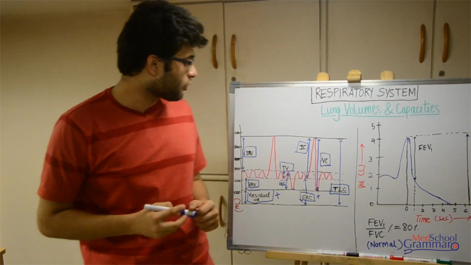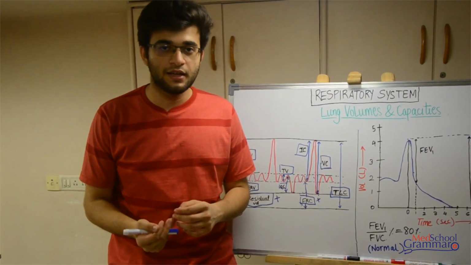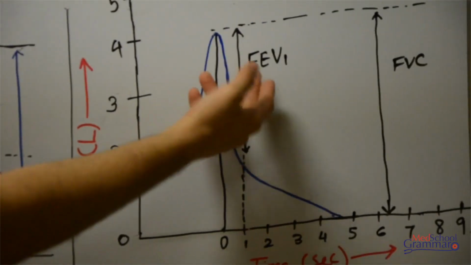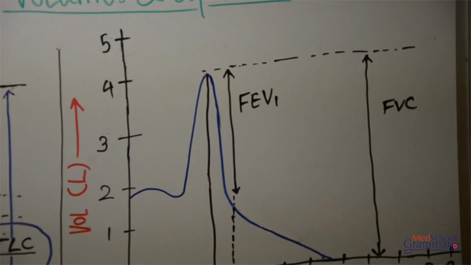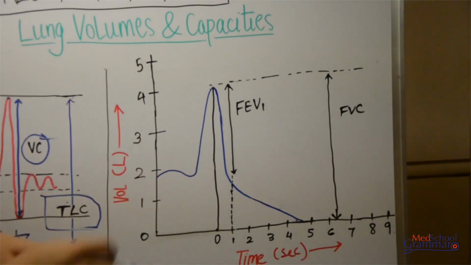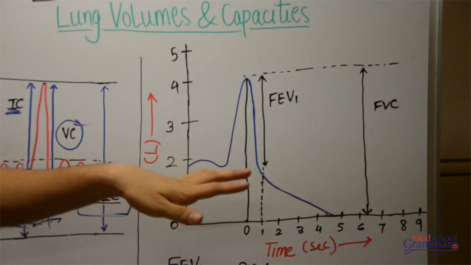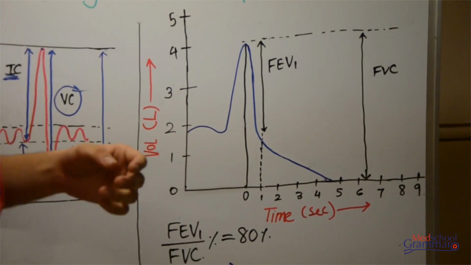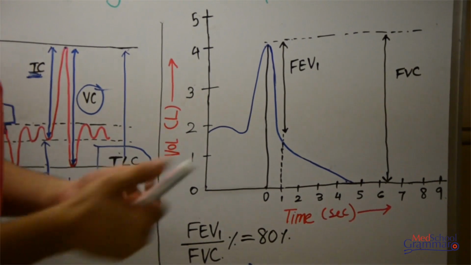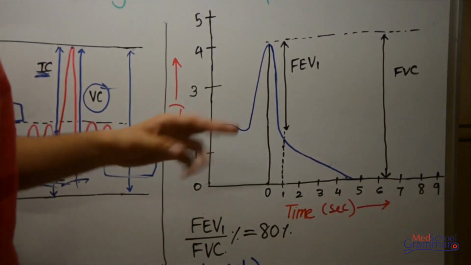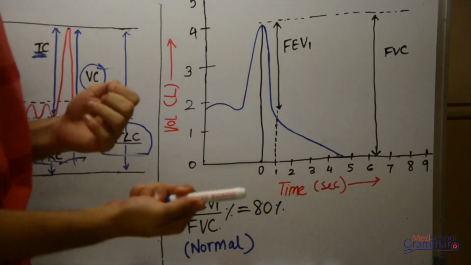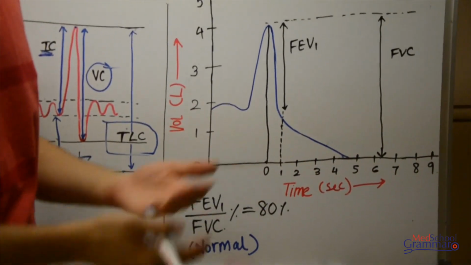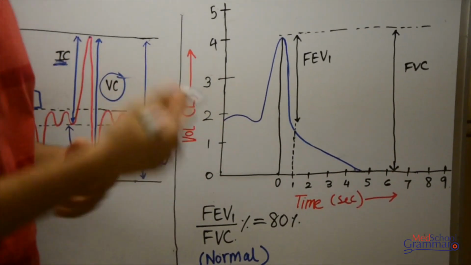Okay, so this covers all the lung volumes and the lung capacities, and now we move on to the other part, that is the other graph. This is the graph of forced expiratory volume or timed vital capacity. This graph you won't find coming in theory questions. It is majorly asked in your table viva during the examination. There are various charts present for table vivas, and one of them is of timed vital capacity or forced expiratory volume. I'm going to explain it to you oriented that way, the major questions asked in the viva, and how to answer them.